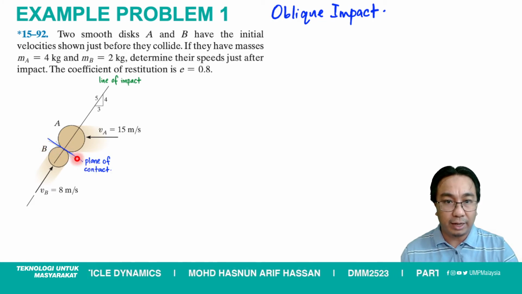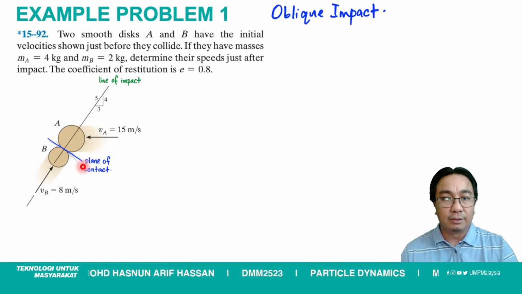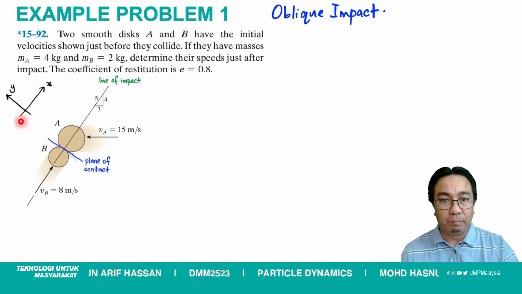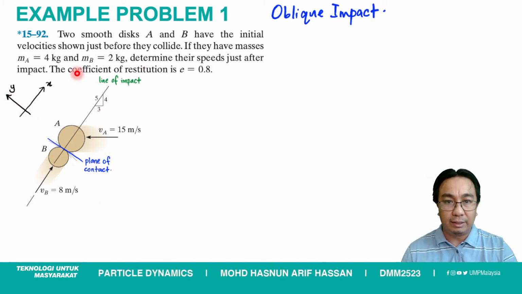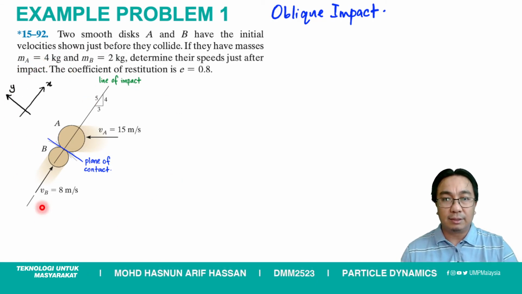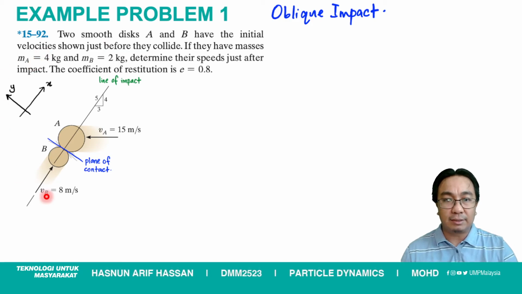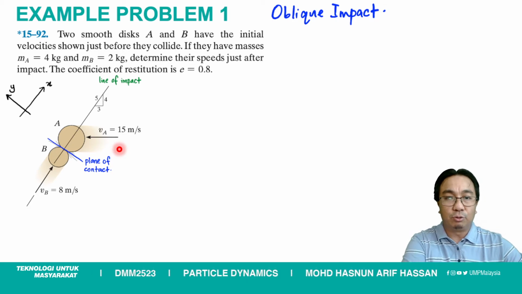This is the contact point, so you're going to draw a line, and this is going to be the plane of contact. So the x-axis will be along the line of impact, the y-axis will be along the plane of contact. Remember, when you are dealing with oblique impact, always use this. This is the problem analysis strategy that you have to use so that you can be able to solve this